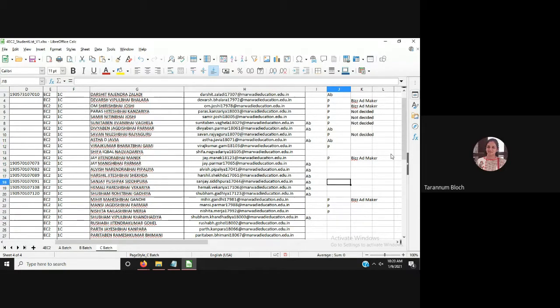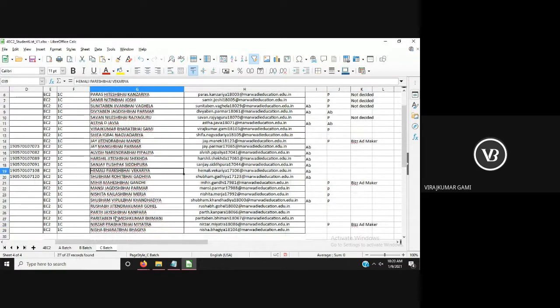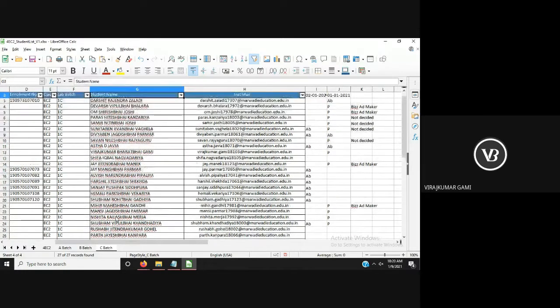Shubham Gadia. Khandadia. Okay. And Rishabh, who is the last member? Rushabh Goel. 25. 25 number, ma'am. 25.